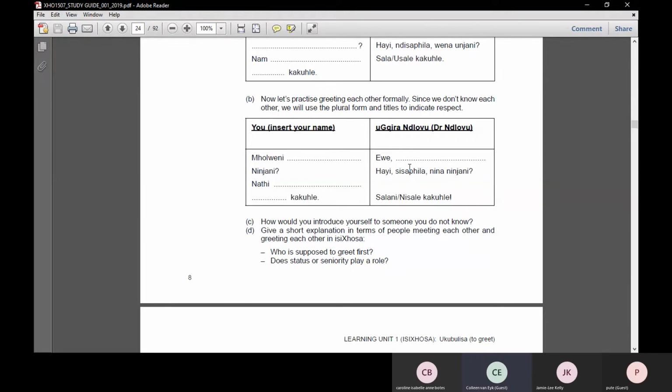Would he say ewe molo Colleen? Correct, because you are greeting them, but they are greeting you. It's just one person. So they would say molo. That's correct. So you would ask Ninjani, how are you? And they would say, we are well. How are you? And you would say,